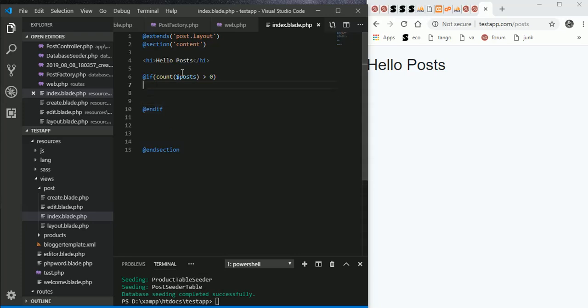If count posts greater than 0, then foreach post. Foreach posts as post, and for each